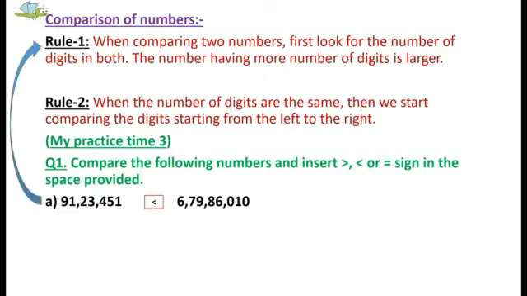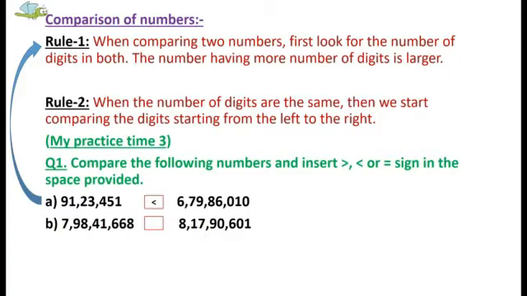Yes, the first rule is followed in this question. Now coming to the second question. Again we count the number of digits in both, and if the number of digits are the same, then we start comparing from the left hand side. The first number is 7,98,41,668, and the second is 8,17,90,601. In the first number the number of digits is 8, and in the second number the number of digits is also the same.